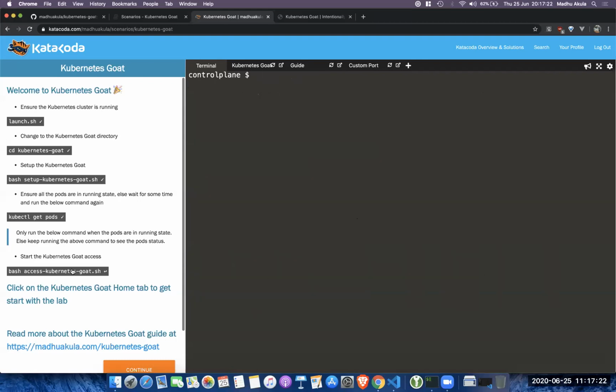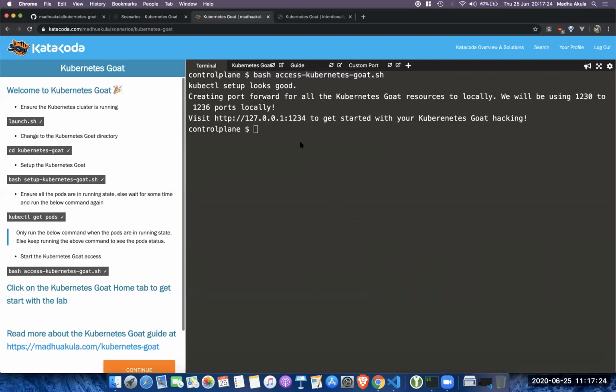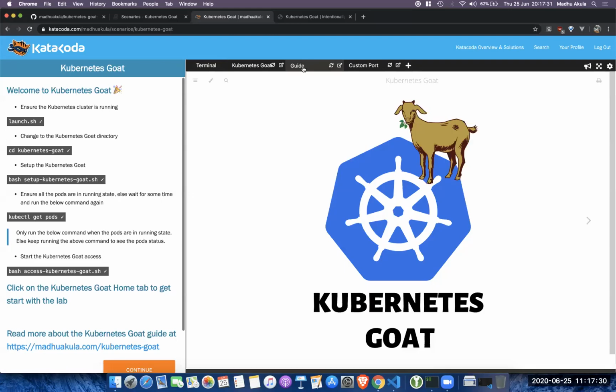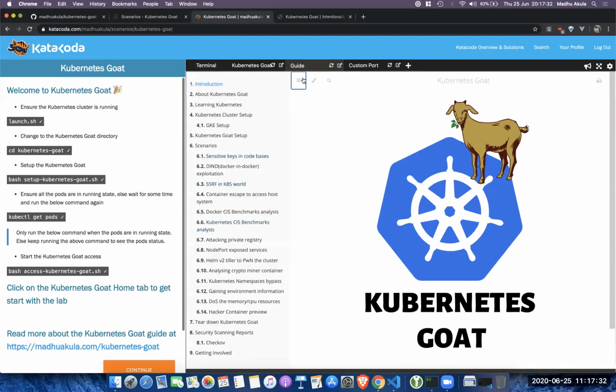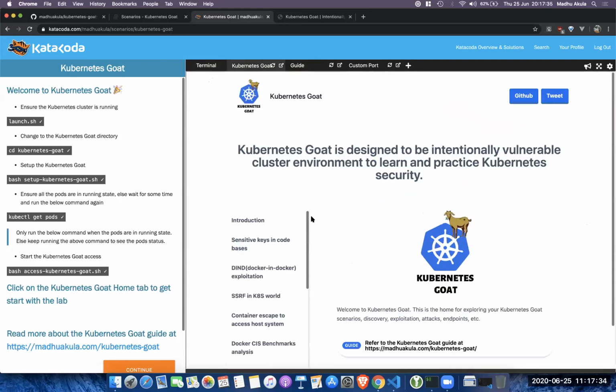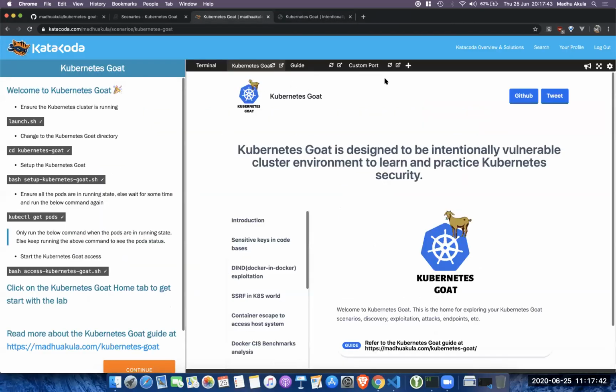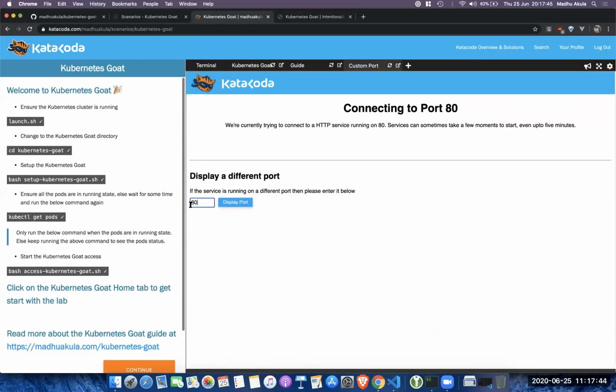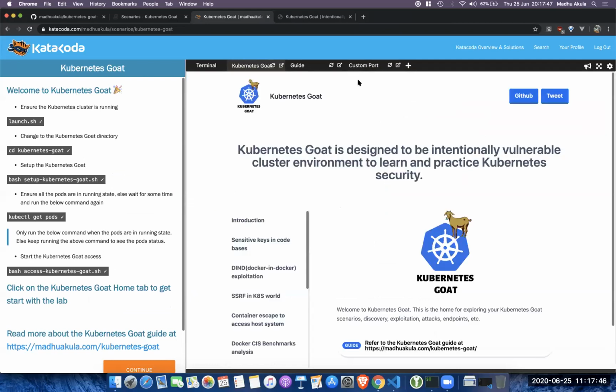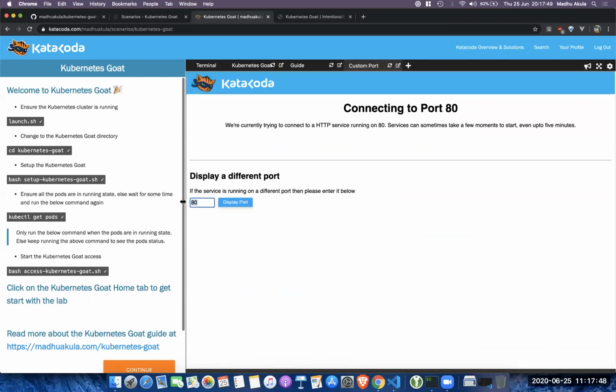Cool. So if you are trying out within the Katacoda playground, I think I have created a simple way so that you can try out. The guide is available here, whatever you see within the same place, as well as the home is here. And if you wanted to expose this to a bigger new tab, you can just click on this icon. So it will open up in a separate window, right? And also if you wanted to browse to another port, because some of the scenarios require you to do so, you can just change the port number here and just show the app.